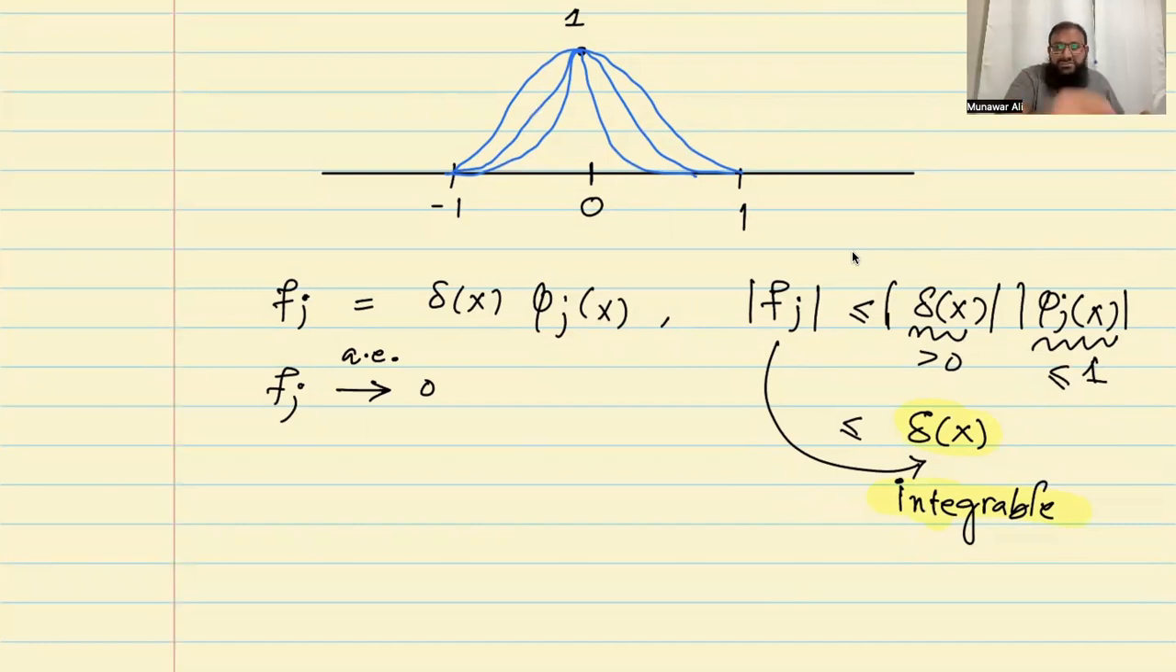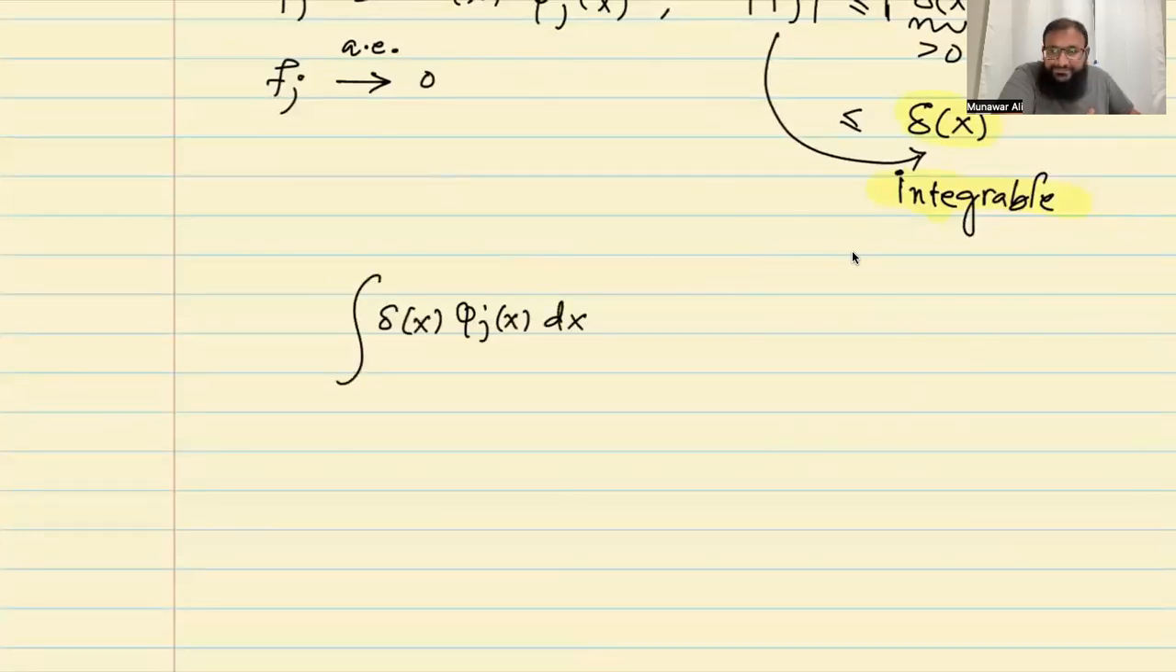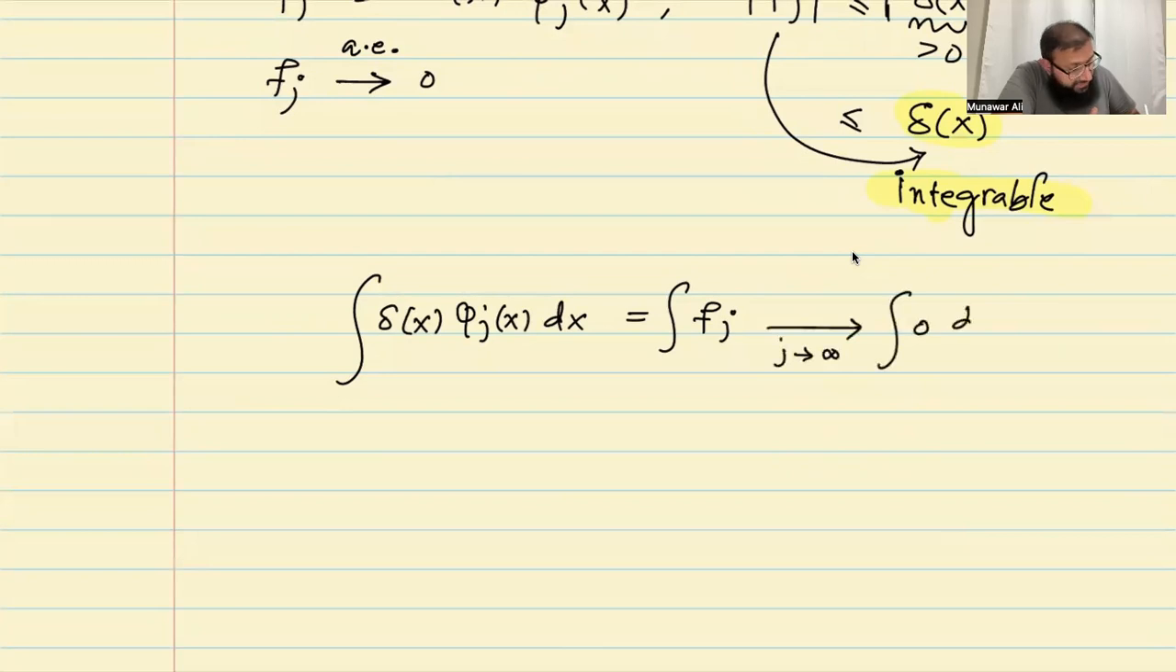Now I'll use the Lebesgue dominated convergence theorem. If I take delta, multiply it with phi j and integrate, what is this going to be? You know very well, this is the function fj. This is how I defined it. And these fj's are 0 almost everywhere. So if I take their limit as j goes to infinity, these become 0 and the integral of 0